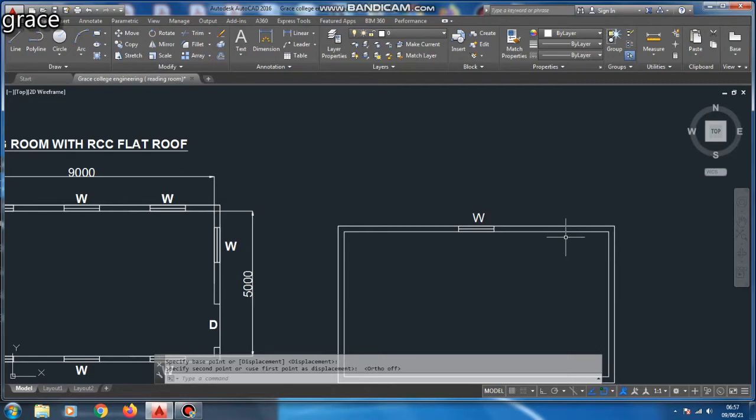Next, I am going to use copy. It is enough to draw a single window or door for our diagram. By using copy or move or mirror commands, we can fix the other windows and doors in the specified diagrams.